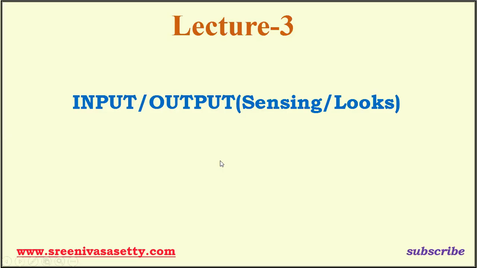In this lecture, I'm going to explain about input-output devices, meaning how to get the data from an input device and how to display it on the output device. If you go to Scratch, we have two important menus called sensing and looks. With the help of sensing, we can get the data from the keyboard and even the mouse. Then with the looks menu, we can display something on the monitor. It may be a number, it may be a message.